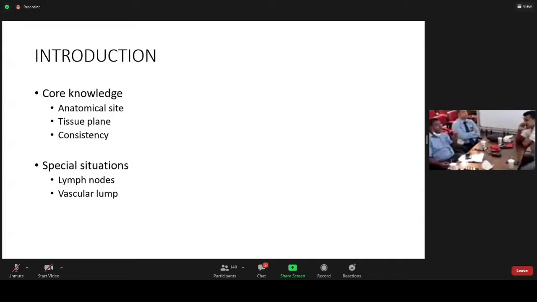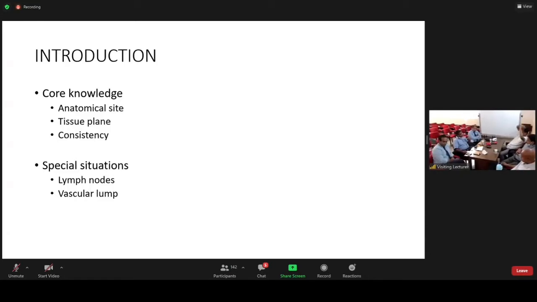So in clinical diagnosis of a lump, we try to achieve a practical diagnosis. Most of the time we get that. Sometimes we may not. To refine it, if you need more information, you can do other investigations, especially different types of radiological investigation, and biochemistry as well, when the need arises.